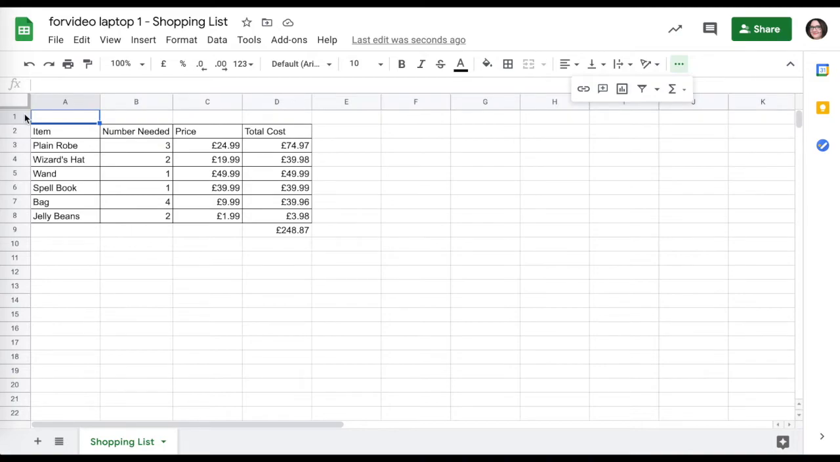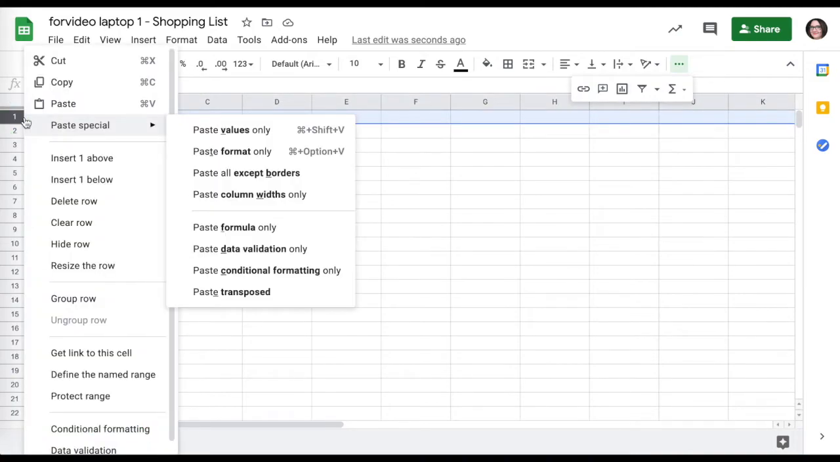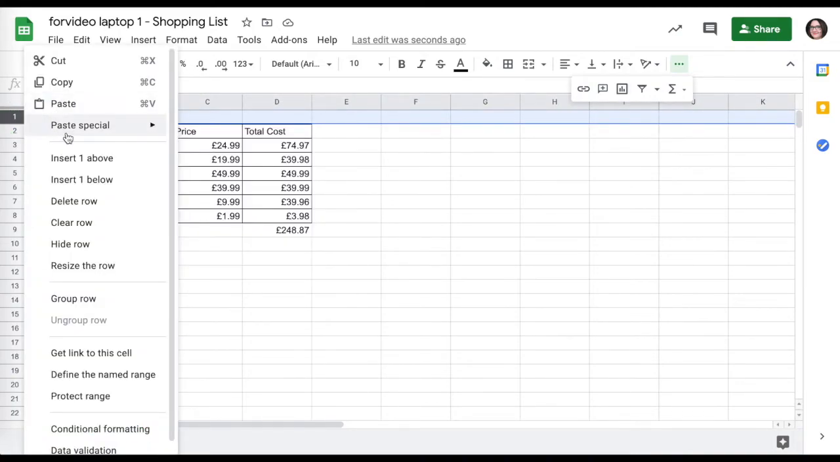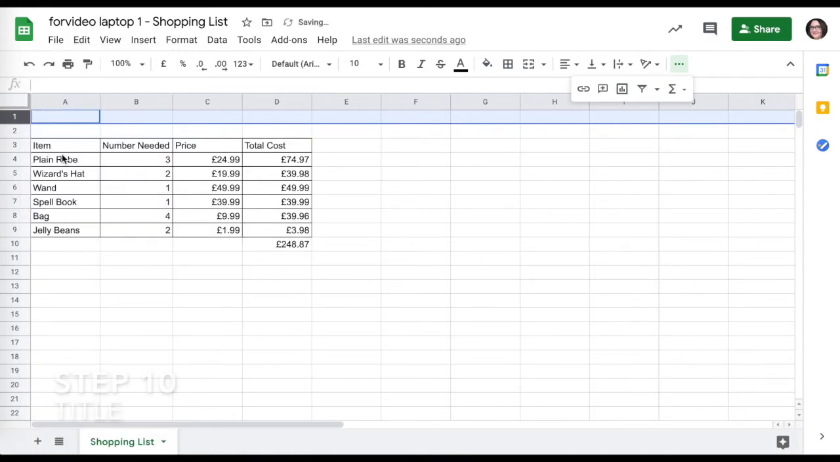Or you might have right click set up. So I've got a right click there, and it comes up with this long menu, and I'm going to choose insert 1 above. Okay, so right click on the number 1, get the menu up and insert 1 above. Okay, step 10, in cell A1, write the word shopping list,